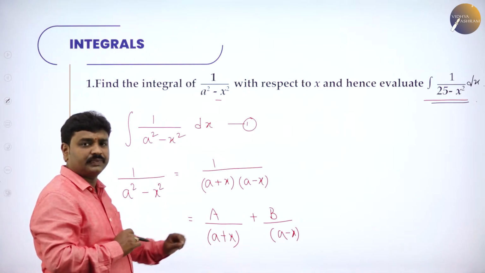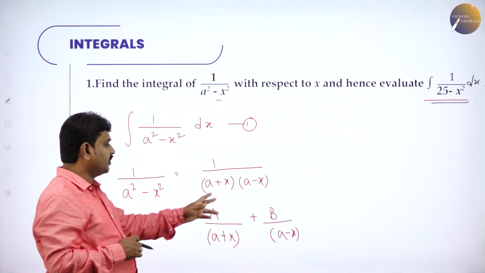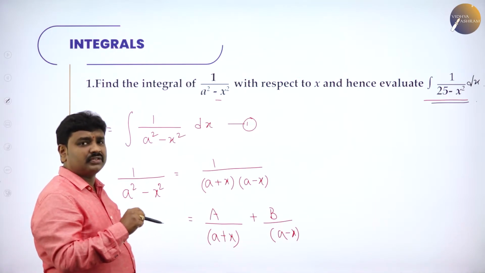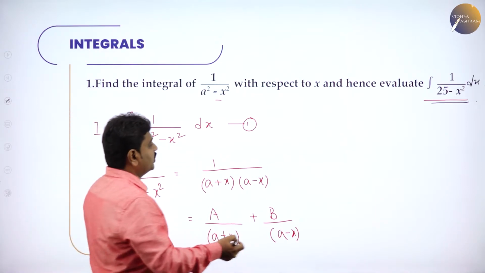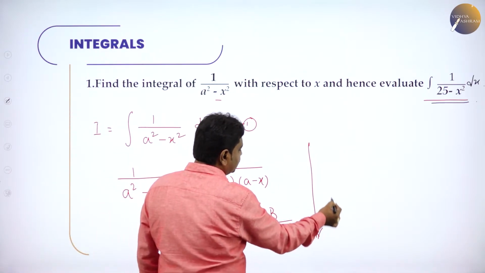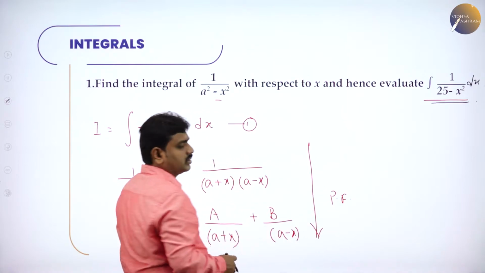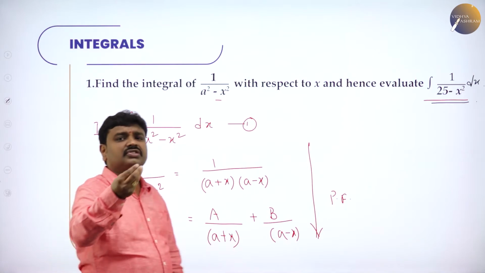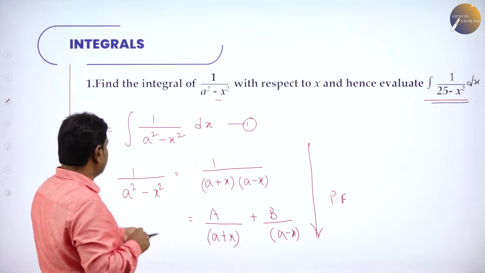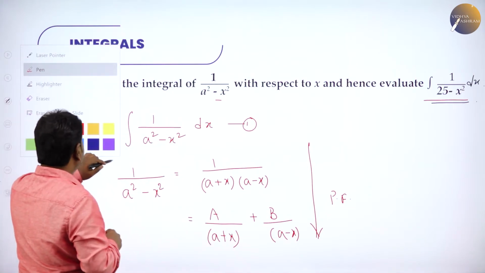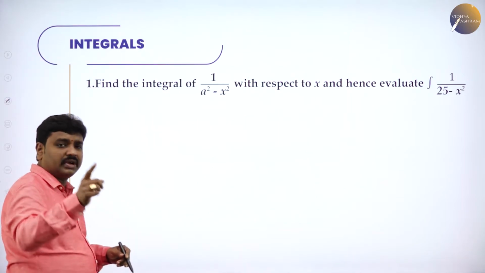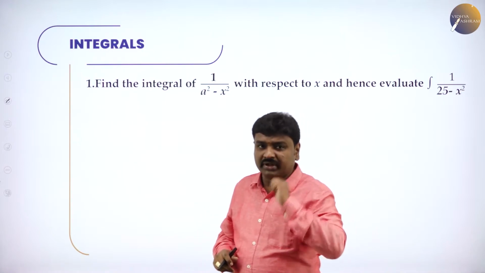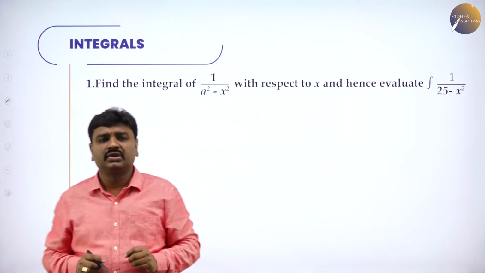This is one approach. And the other approach is we can divide and multiply by 2a. And the 2a, I can write it as a plus x minus a minus x. That is one method. By what method? This is called the partial fraction method. And the other method is dividing and multiplying. Dividing and multiplying makes your process a little faster. This again I will be explaining, the method I told by partial fractions, in the next session. That is one method. The other one is introducing 2a.